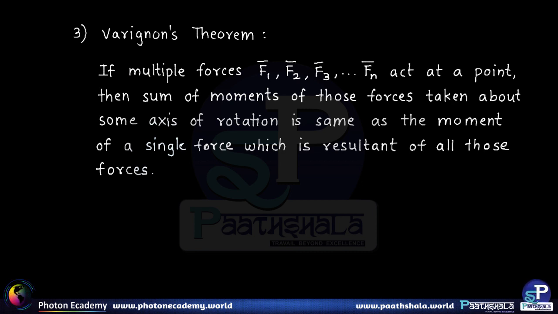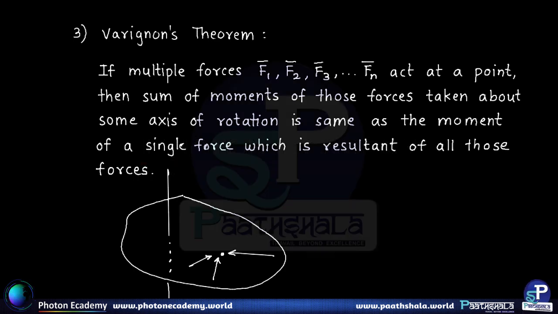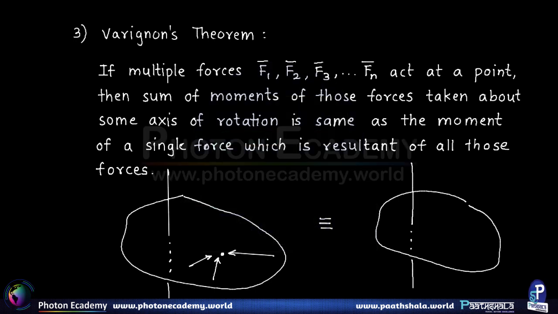In the previous example we saw the moment of a force, that is a single force, okay? But now instead of a single force, suppose there were multiple forces acting on a body, okay? This is a point, there might be a first force, there might be another force, yet another force, acting in all the possible different directions with different magnitudes. So this is equivalent to, if we consider the same rigid body with the same axis and the same point of application, but now what we do is we take the resultant of all those forces,